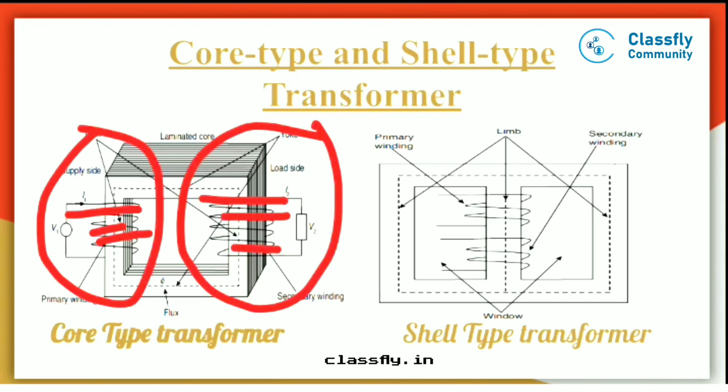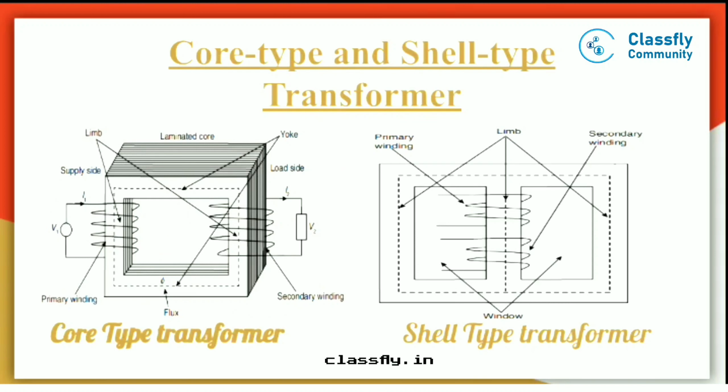Now let's see what's next. Before moving on, I should say that there is magnetic flux here, but from this primary side there is some leakage of the flux. How can we overcome this leakage flux? For this we need to do interleaving. So what is interleaving? Let's read, and then I will tell you.